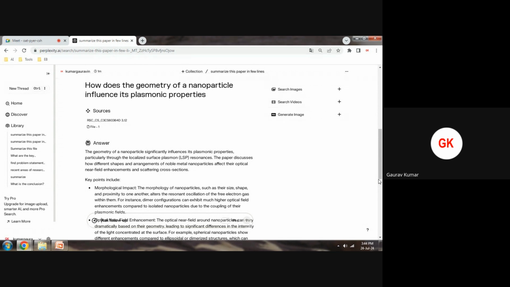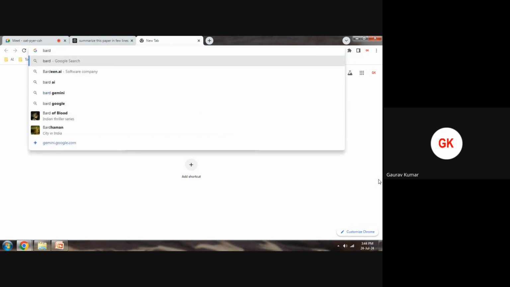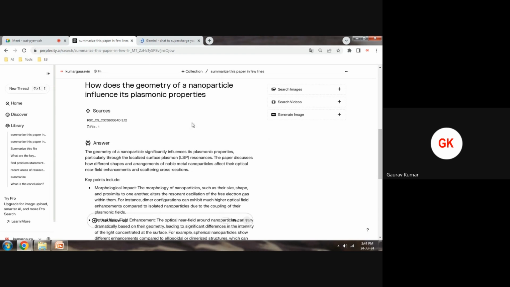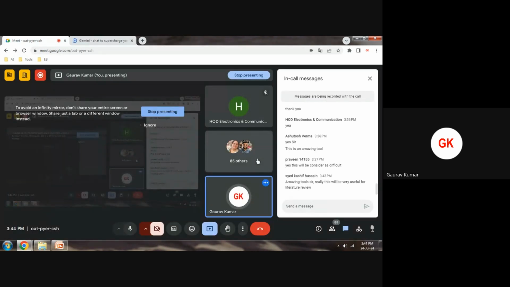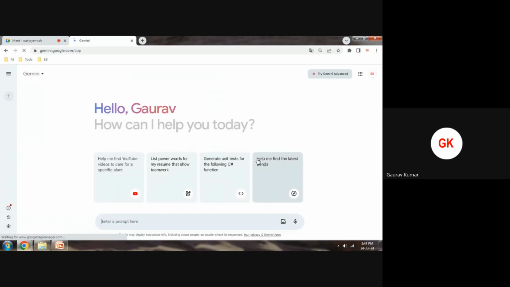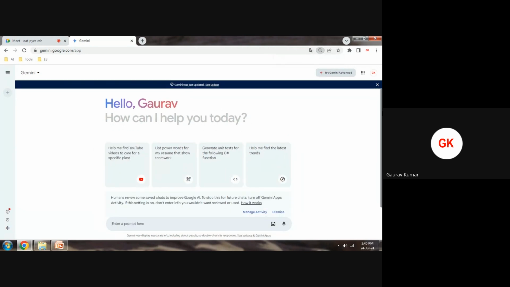For example, for a question bank, for my question paper, I want to generate some diagrams. So very quickly I will cover this part, how to create diagrams. Google Gemini. If I want to create some diagram, some flow chart, some unique image, for example, for my presentation, for my article, for my literature review, for my report, I need